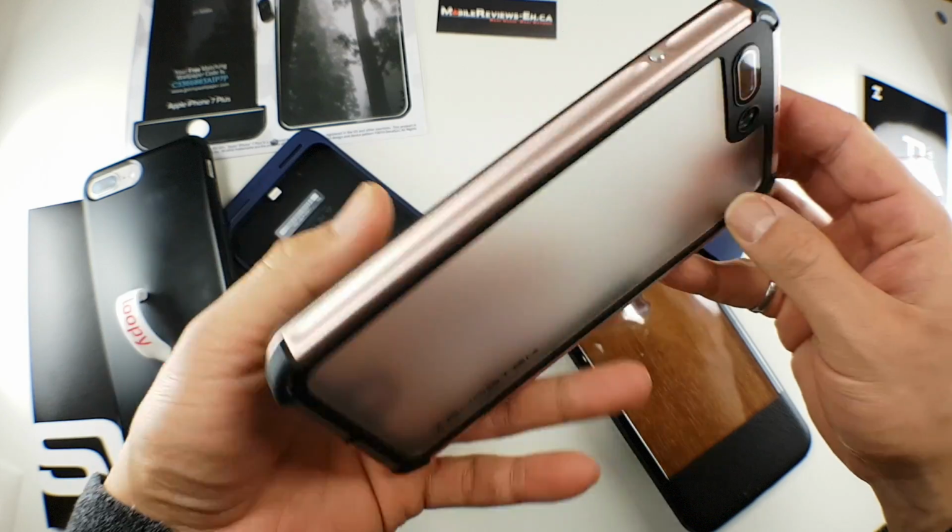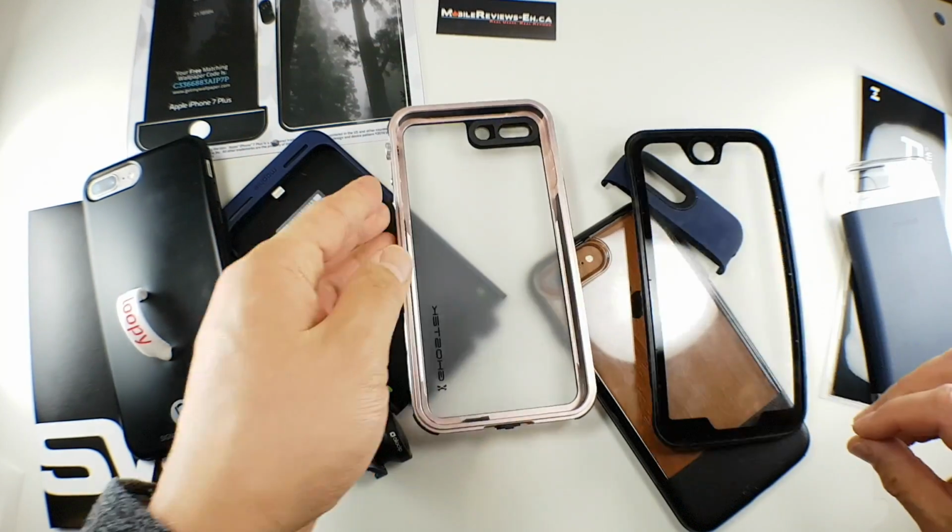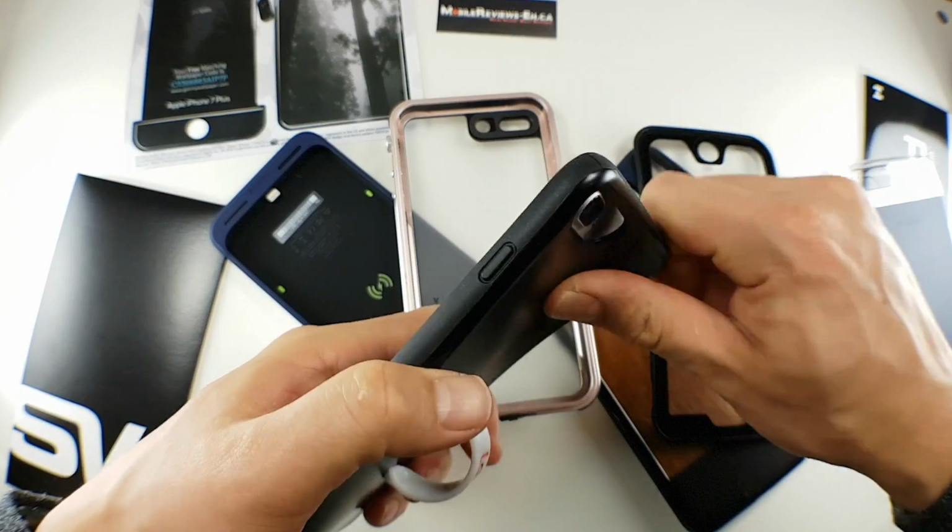Now, why does the Ghostek Atomic score a little higher than this case? For me, if I needed a waterproof case for a day-to-day basis, then I would go with this one. But I'm actually very careful with my iPhones. I generally don't drop them by accident. And so I would definitely have a screen protector, and because I've fallen in love with skins recently, I would have a skin. So if I was to get the Wetsuit Impact, I would have to take all that stuff off,